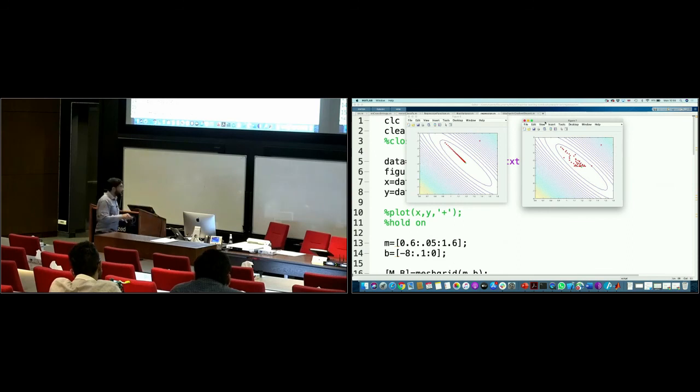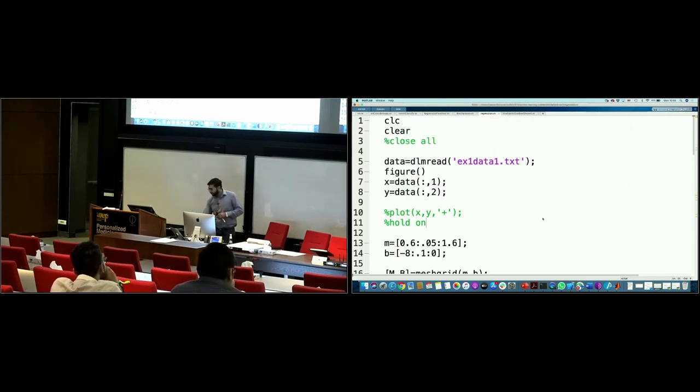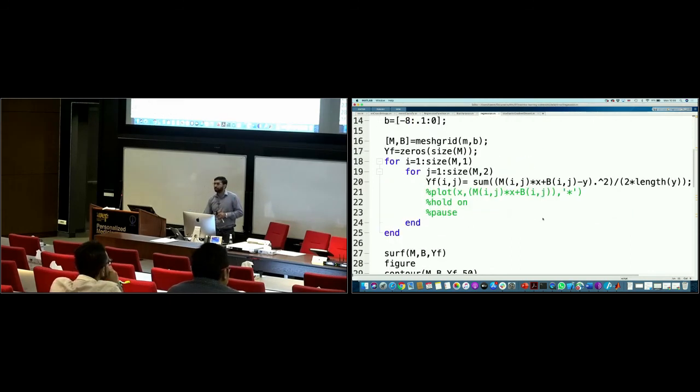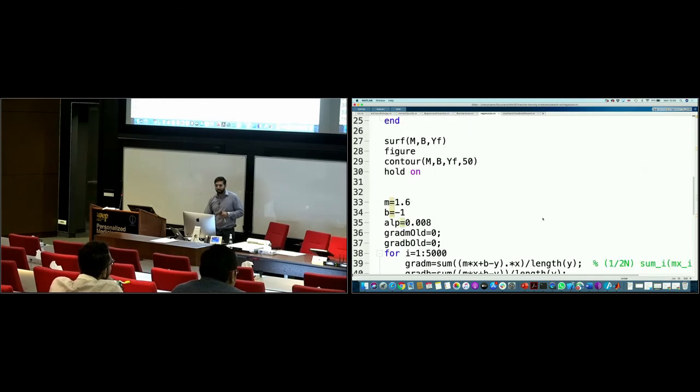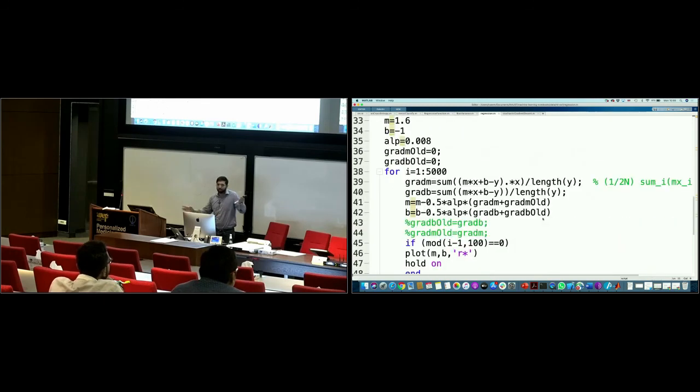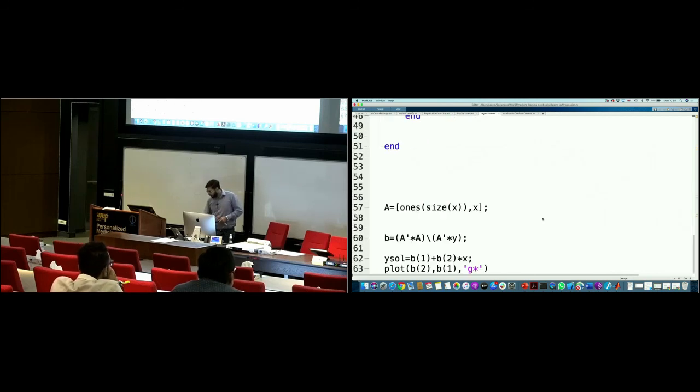Like any lazy programmer, I did not put in the terminate condition. I just said run for 5,000 iterations. But I will give you guys this code, and you can of course put in the terminate condition and see what happens.